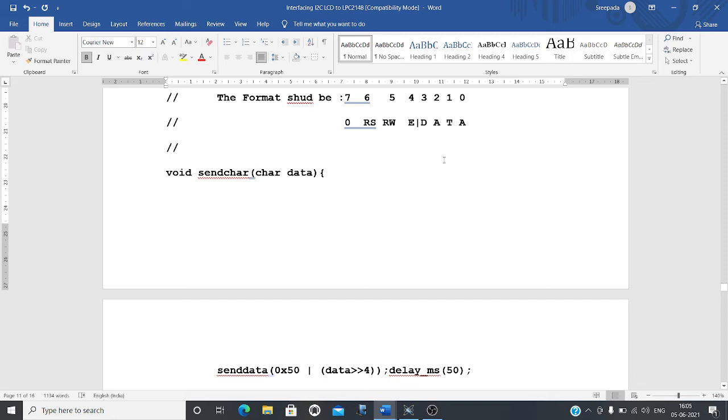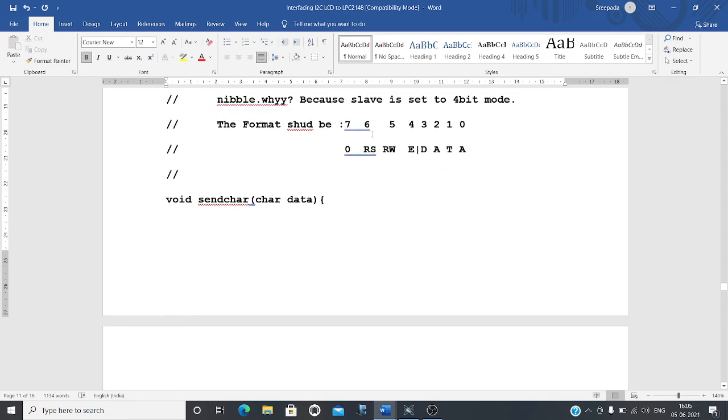Number two, this LCD we are using in 4-bit mode. See here, this one shows you the format. If the total bits to be sent is 8 bits, 0 through 7, all these 8 bits correspond to the character. The first four bits relate to control information, and the lowest 4 bits will accommodate the actual data, 4 bits of the data. So that is what the character is.